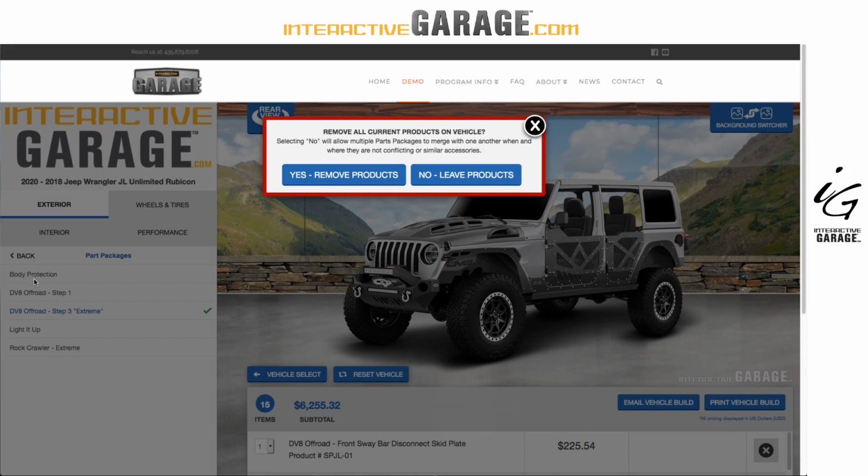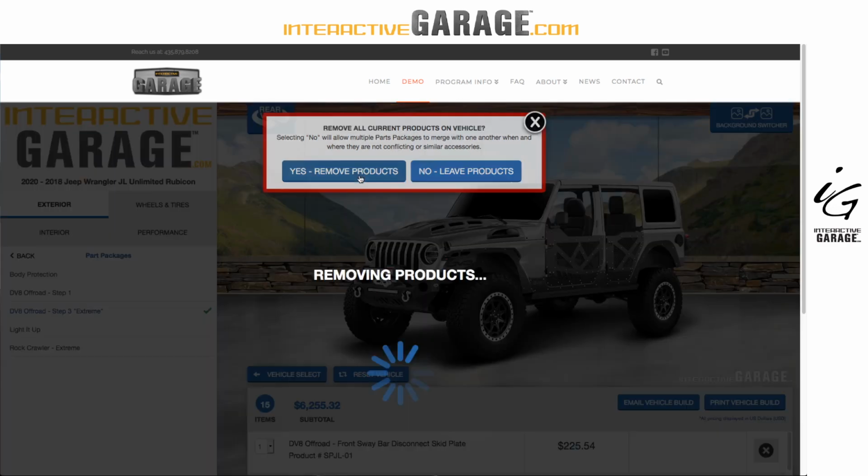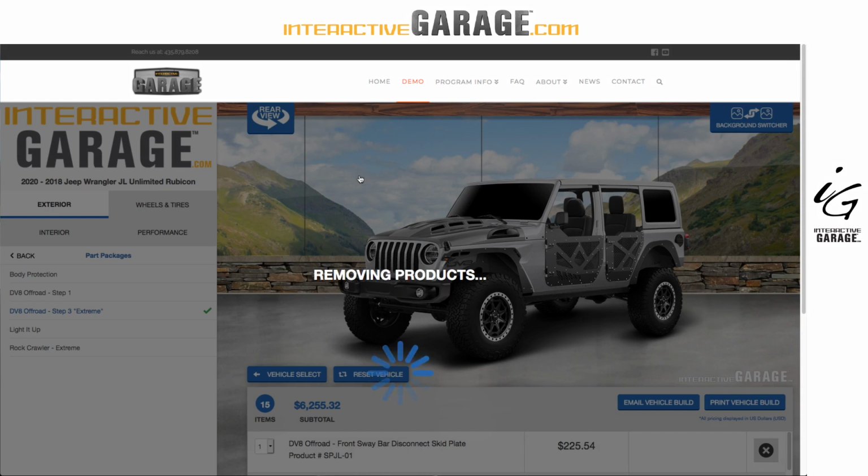So I selected body protection. When I click yes here, what the program is doing is removing everything off the vehicle that is currently configured and starting almost like hitting the reset button. But if I hit no, which I'm going to show you in one second here,